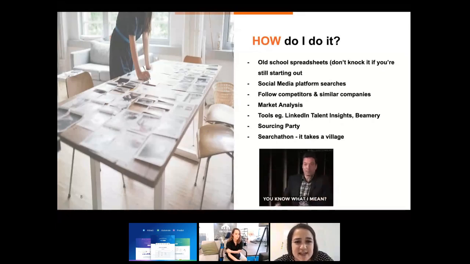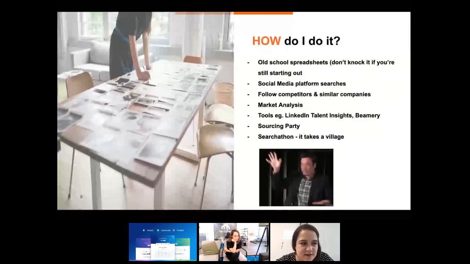And then a searchathon. So we've done this with our teams, in recruiting specifically, where even if it's just for an hour, hopefully two, because an hour goes by quickly, all the recruiters sit together. We basically split the recruiters or assign different companies. So, hey, we're focusing on Berlin specifically.